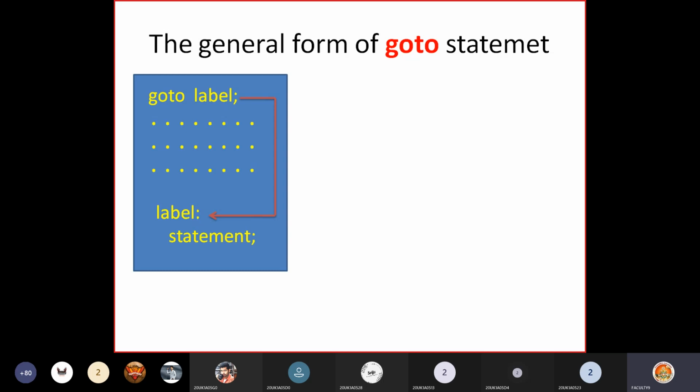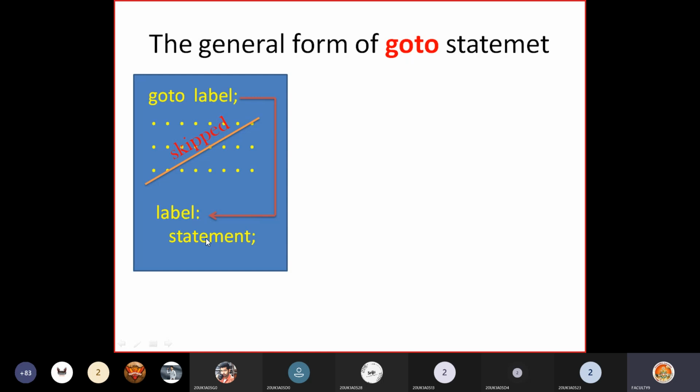That means it skips all the statements in between. All these statements in between are skipped and directly the control jumps to the place where the label is written.